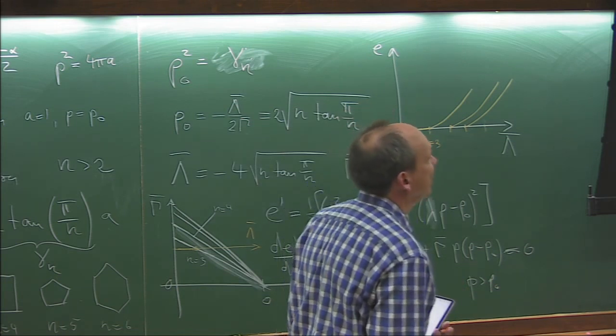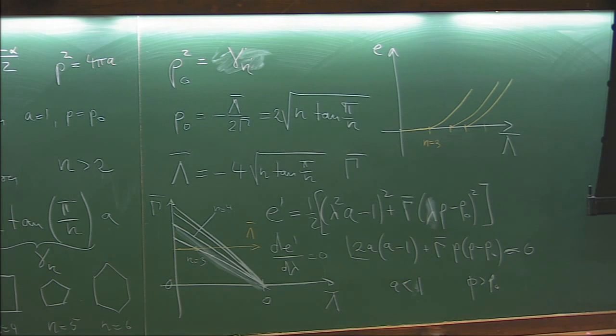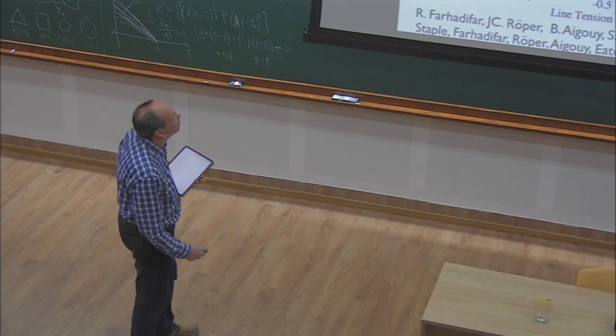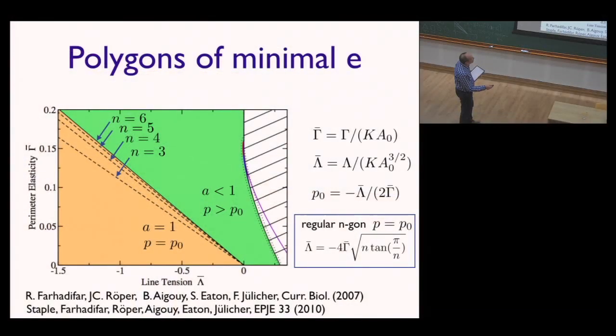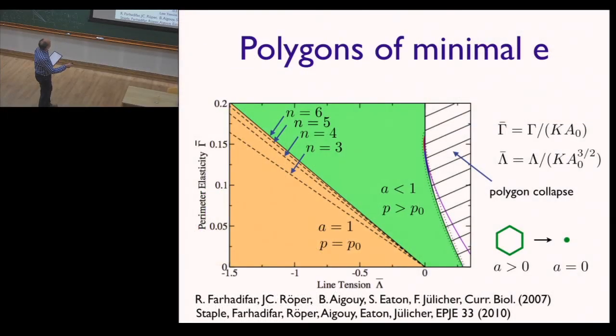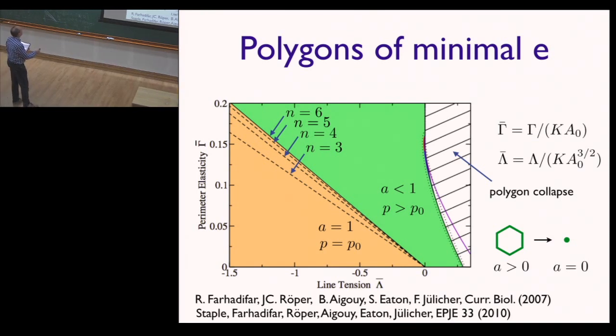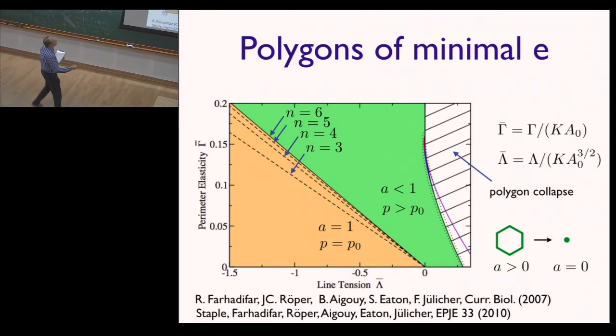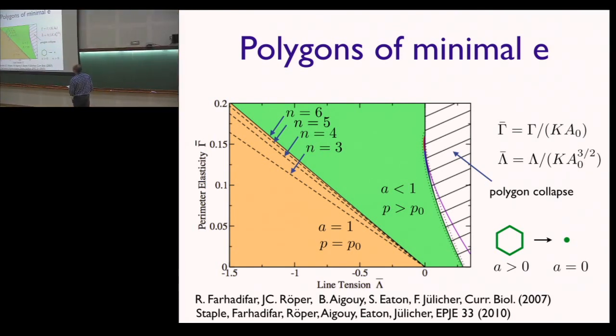So the next thing I can discuss: these are the lines, n equals 3, 4, 5. I've drawn them here until 6, but you can go to infinity. This is the relationship for a regular n-gon. And now I can show what happens when we reach this line here. So if I walk on this horizontal line, I cross this point that corresponds to one of these points here where I then start to have a regular polygon. And then there is another line here where the solutions collapse. I can also quickly illustrate, and show why this collapses,